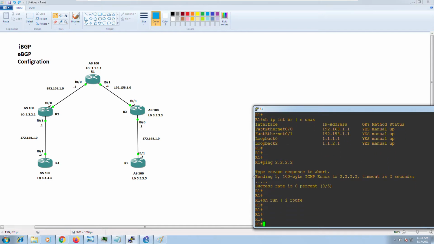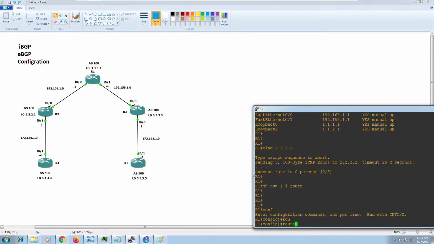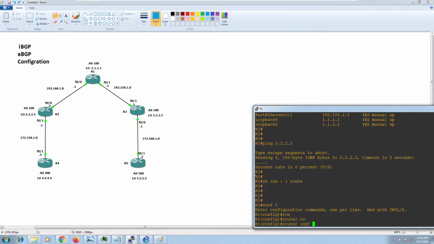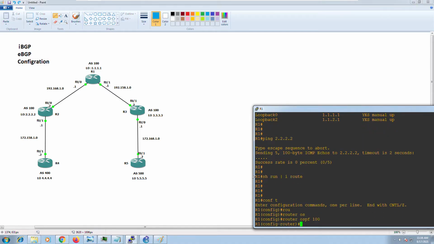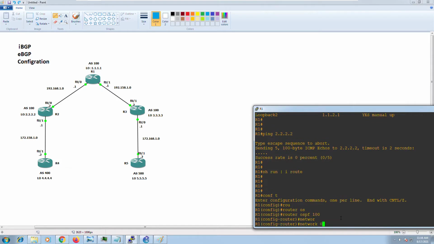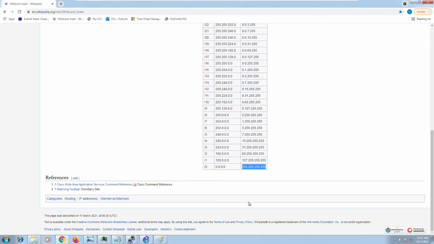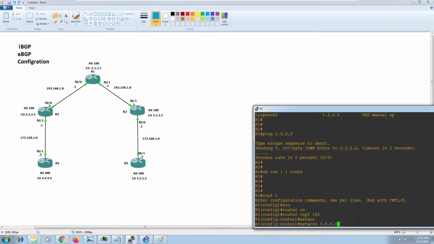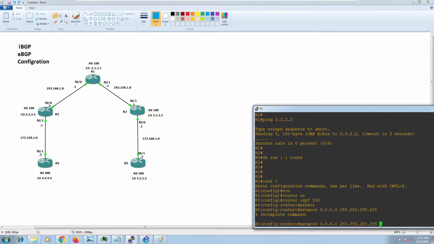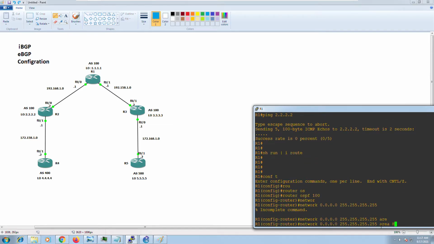So let's do this, right? Conf t, router OSPF 100. Let's put in the process ID 100. Then instead of typing all those network commands, I'm going to do a simple network 0.0.0.0, and let me copy paste this from here. Oh, sorry, area. Let's put them into area 85. All right,